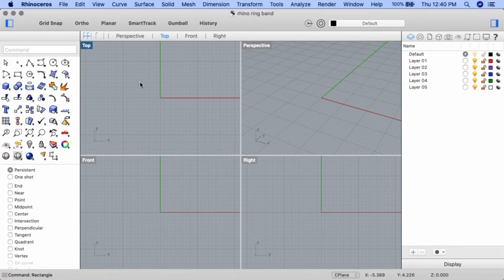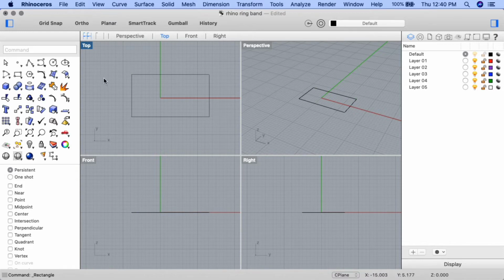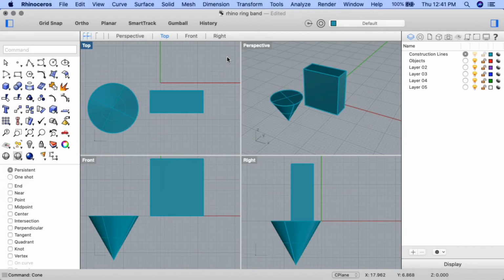using tools to create shapes on the construction plane, or using the command line to do the same. You'll learn how to set up your project, including giving it a name and making layers, using the most common viewports, including top,